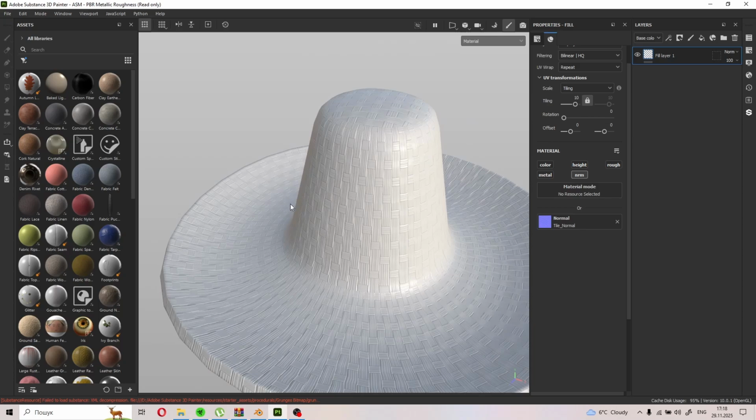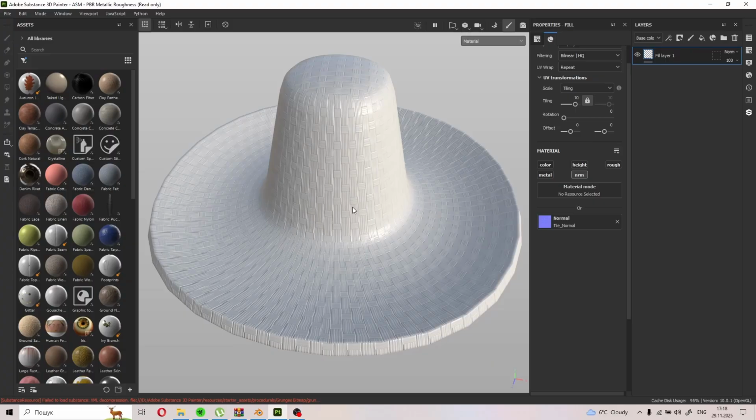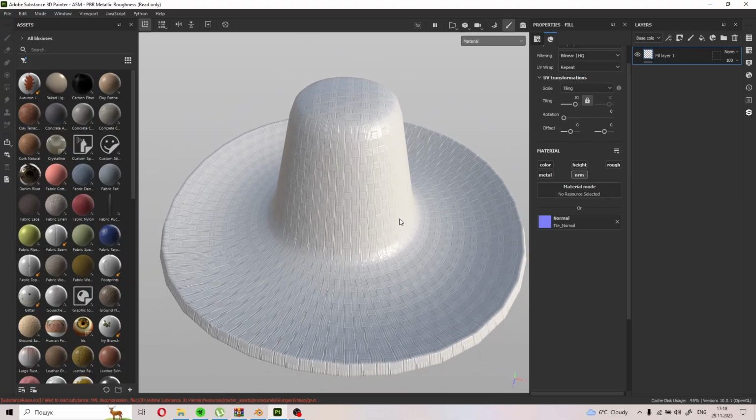Substance Painter is extremely convenient for this kind of work, but it has some limitations. We don't get full baked information like ambient occlusion or curvature directly from geometry. These effects are only simulated through textures. In contrast, Blender and Zbrush allow us to bake full information from high poly to low poly, including curvature and ambient occlusion, which gives